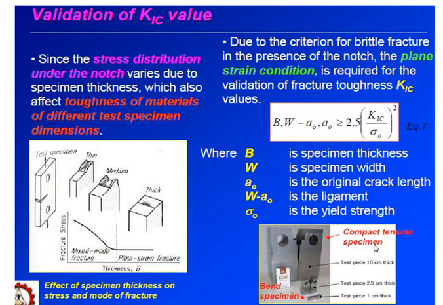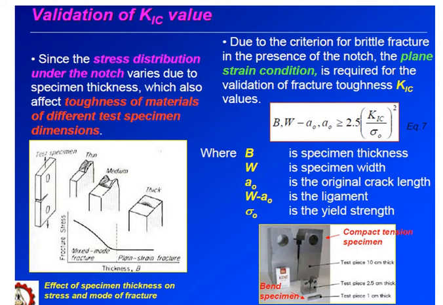This is the compact tension specimen, and it is in the opening mode, and the load is given in a tensile way. Depending on the thickness, the type of fracture also varies. For thin and medium specimens, we have a mixed mode of fracture, whereas for a thick specimen, we have a plane strain fracture alone. So under this tensile opening condition, how are we going to find out KIC, and depending on the thickness the fracture also varies. So let's go step by step.